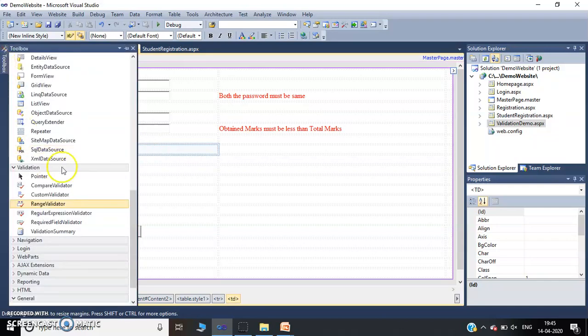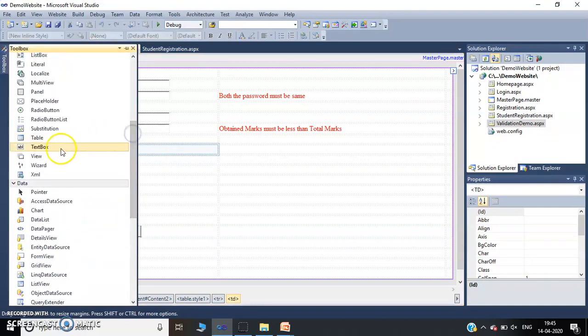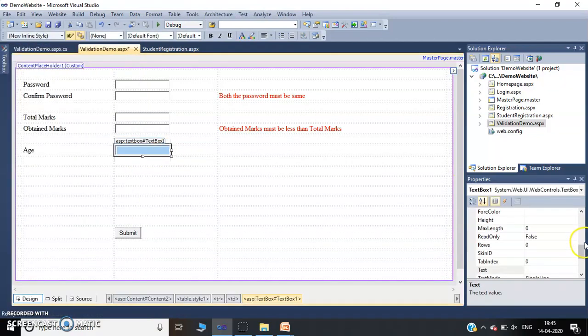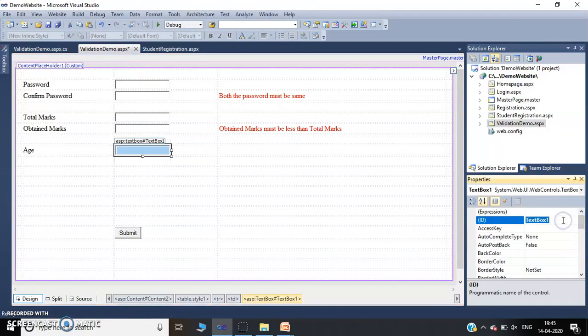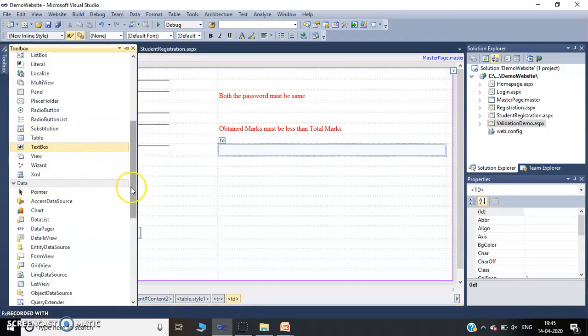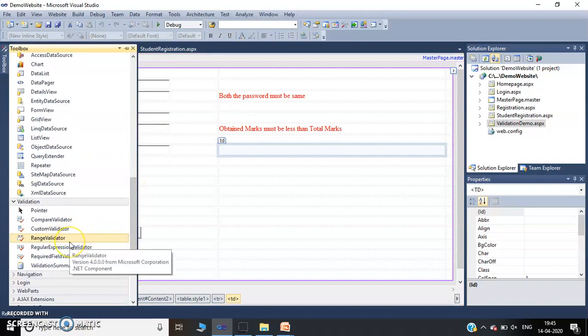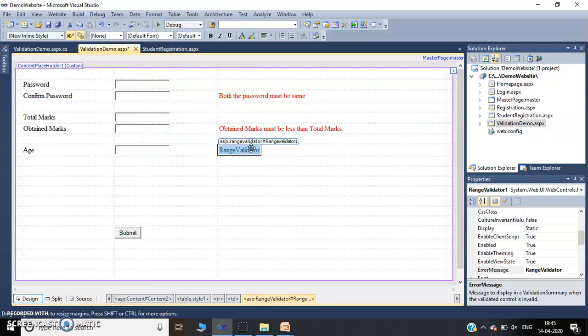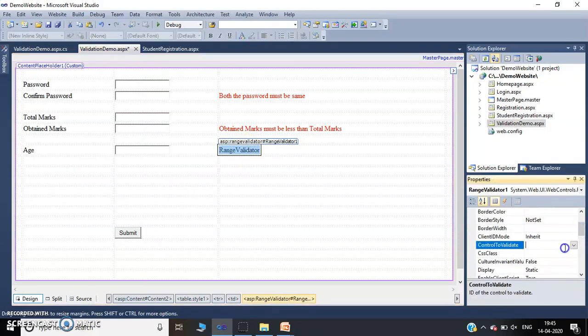Age will be entered by the user, and for this provide text box, change id property to txtAge, and we want to apply validation to the control age. Here just drag range validator in front of age control. As we know, first property is control to validate, so change control to validate, that is txtAge.